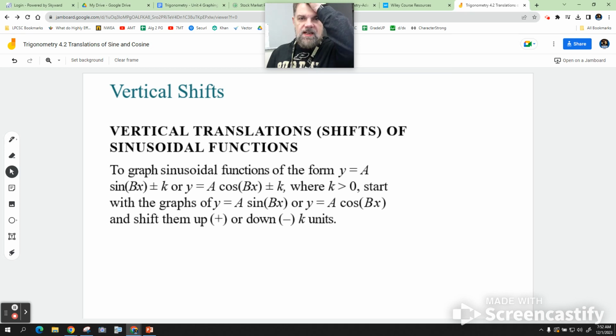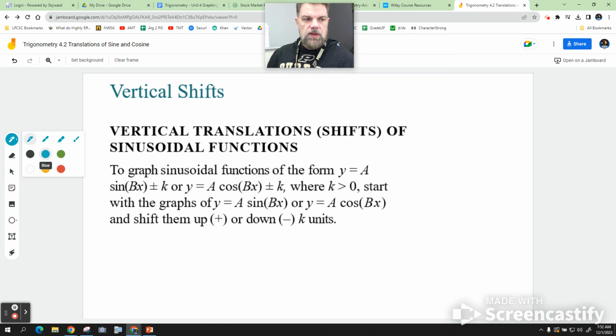Alright, so today we're going to learn about vertical shifts. Basically, we're going to have two things. We're going to have A, which is the amplitude, of sine of B of x, where B of x is the horizontal compression or stretching that has an impact on the period. But more importantly, we're going to do this plus or minus k value thing on the back end of sine